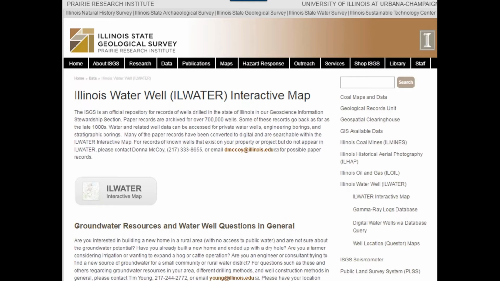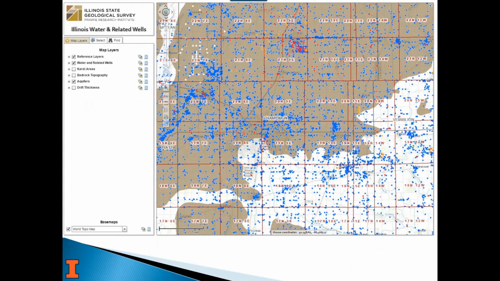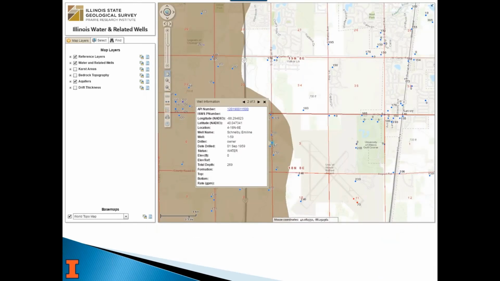You can go to the interactive map. It's another GIS viewer, but it's really cool. You can pick which layers you want to show. Like this one I'm showing, a sand and gravel aquifer layer, where there is aquifer and not aquifer, and then all the well logs. Some are different colors because they're different types of wells, but you can zoom in to an area. I zoomed in near our airport, near Champaign-Urbana, and I clicked on a well, the one that's got the little arrow there.